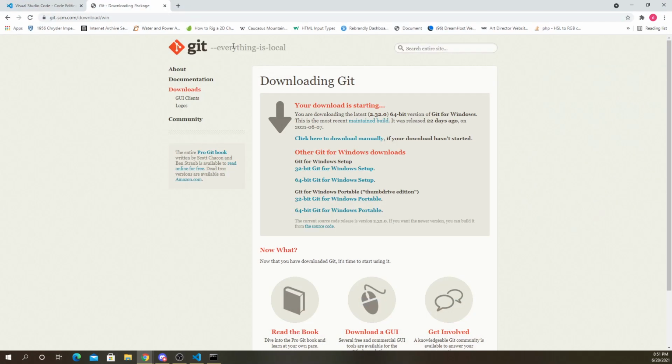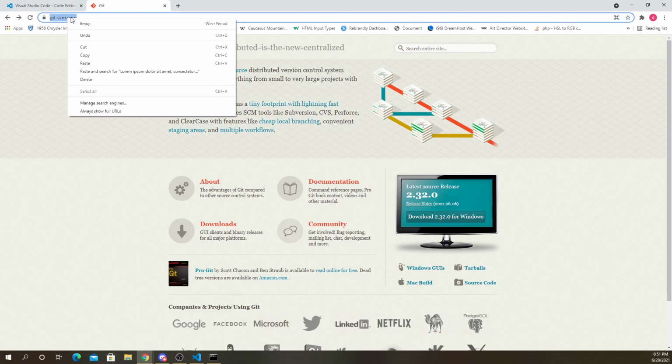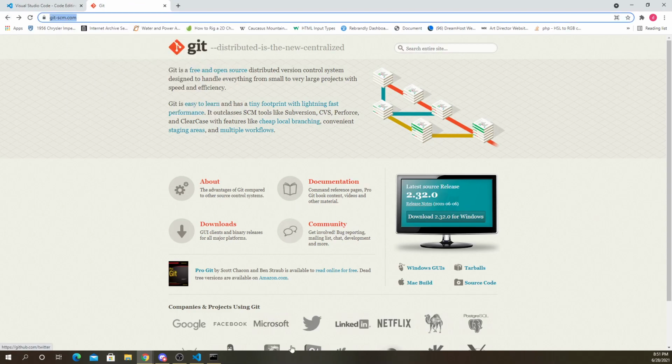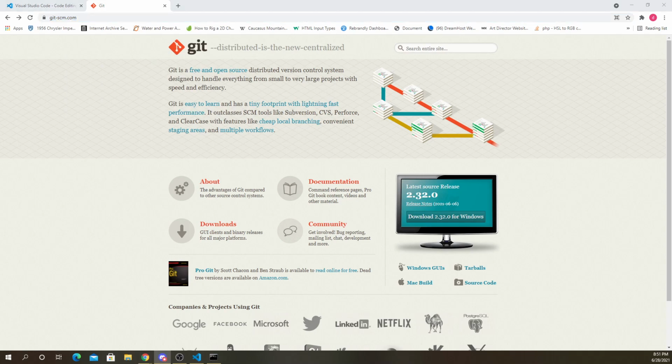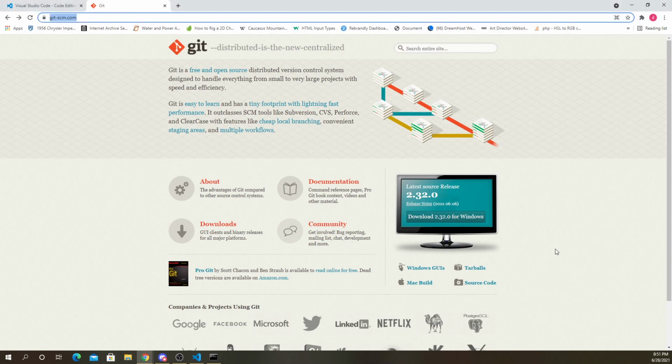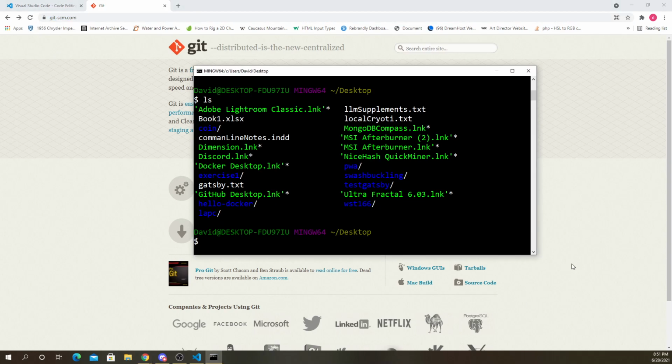Here, I'll give you the link. We're going to download Git, so I'll paste that into the Discord. Download that. I'll pause this for a second until you do.